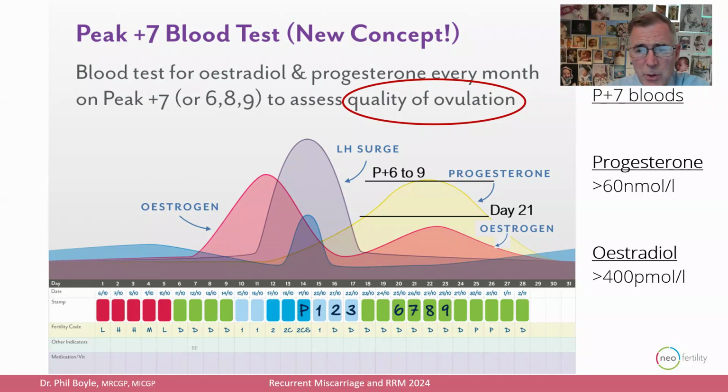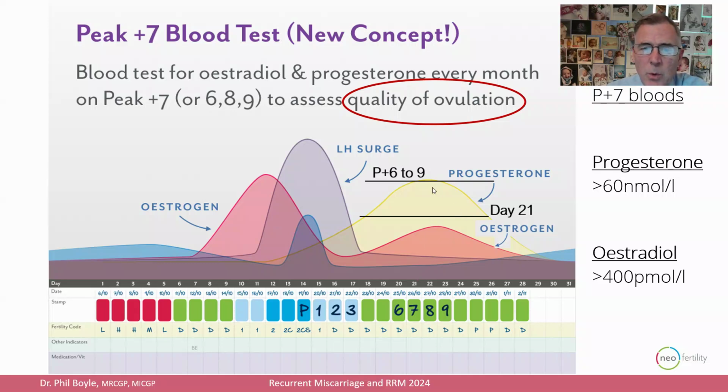The assessment for day 21 progesterone is more often offered for an infertility scenario to say, well, if it's below a threshold of 30 nanomoles, and some places are now even suggesting, well, even 20 nanomoles means you're ovulating. So if it's below 20 nanomoles, then we'll say that you're not ovulating. So it's understandable why they may not recommend investigating this, because of the question that is trying to be answered with the day 21 is, are you ovulating, yes or no?